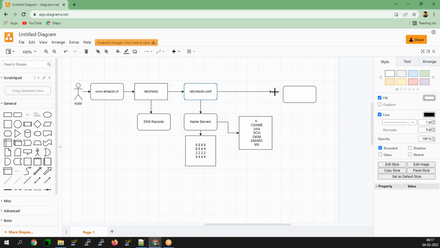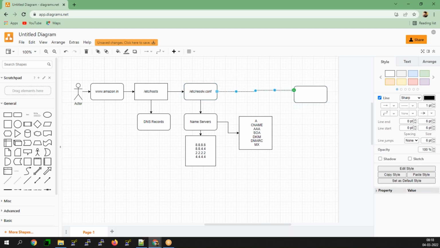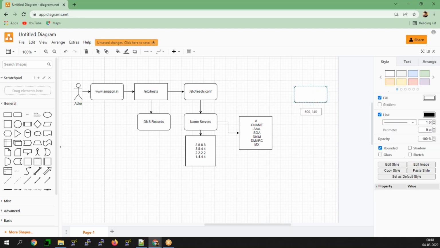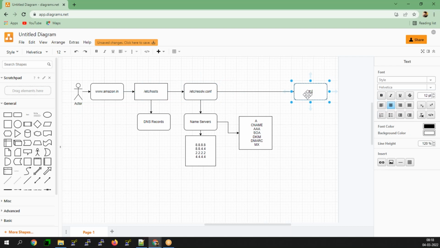It will go to the TLDs. The TLDs are nothing but top level domains. What do you mean by TLDs, guys?